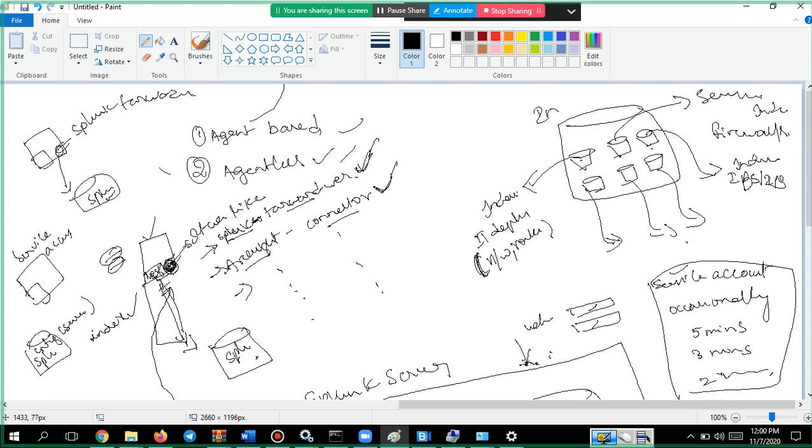The only difference between a normal account and a service account is that a service account has no expiry. Our office usernames and passwords, whatever we create, have some expiry, every 30, 90, 120 or 180 days. But a service account has no expiry at all.